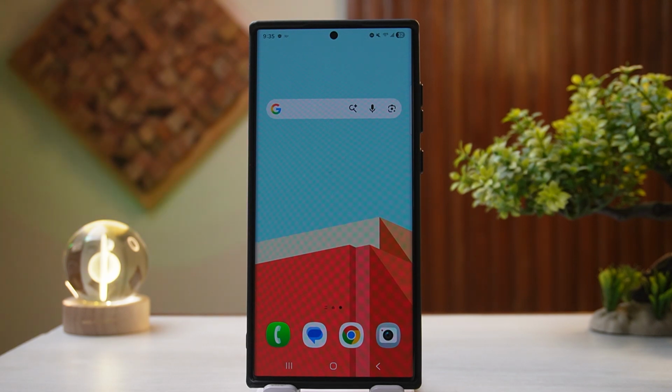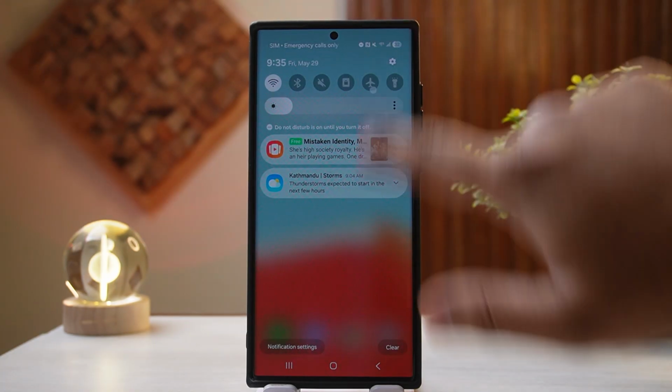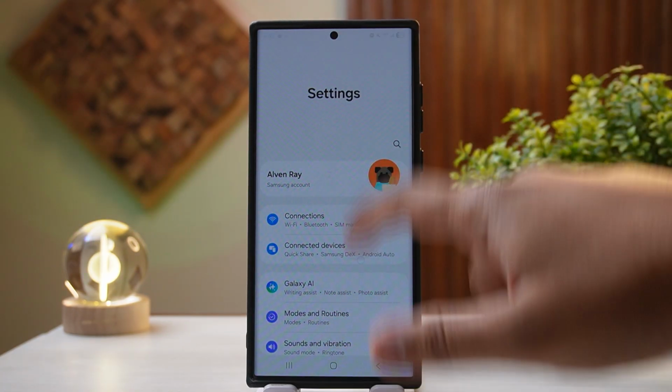Today's video is going to be about how to download Twitch on Android in 2026. For that, the first thing that you'll have to make sure of is that you're connected to a Wi-Fi or a mobile data network. If you're connected to a Wi-Fi network, it'll simply appear on your status bar. If you're connected to a mobile data network, a 4G or 5G icon should appear right next to your mobile network status. The other thing that you must ensure is that your phone is running at least Android 8.0 or